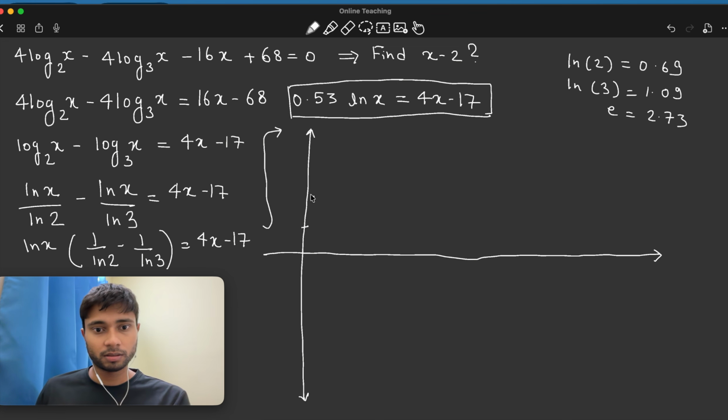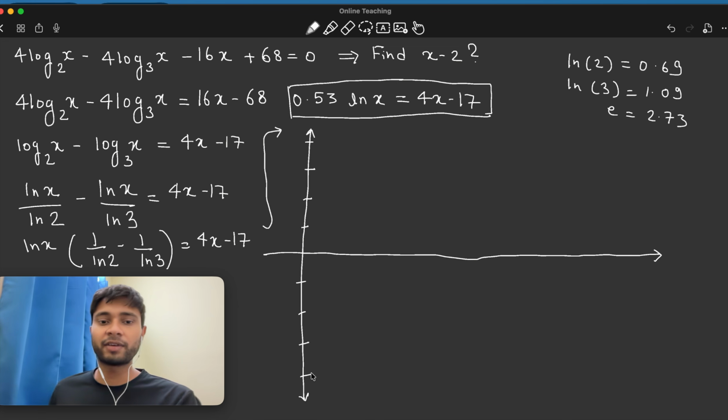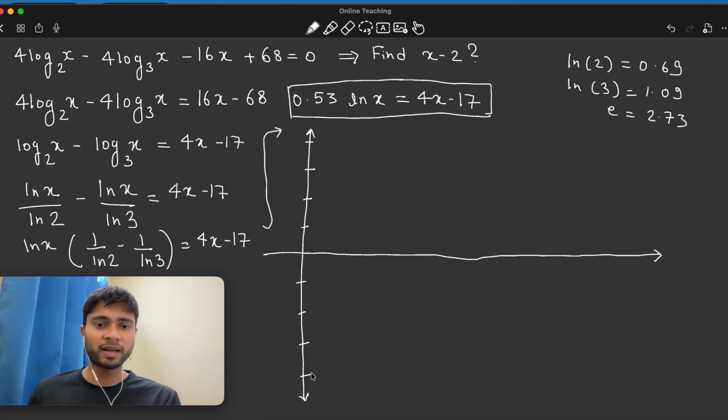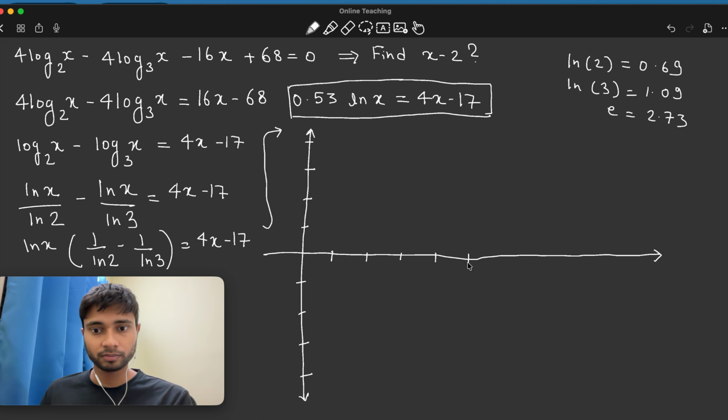This is 1, this is 2, this is 3, this is 4. Since I just don't want to see the graph, I also want to figure out the exact or approximate value of x where I can get the solution. So that's why it is very important to put some marks so that I can do rough estimation. Okay, so again this is x equals 1, x equals 2, x equals 3, 4, 5, 6,